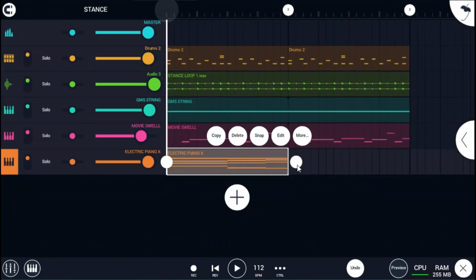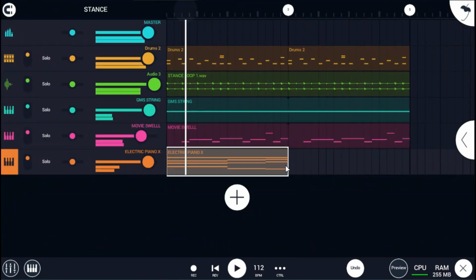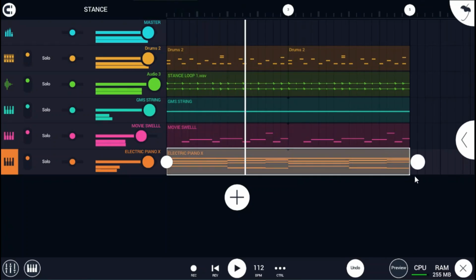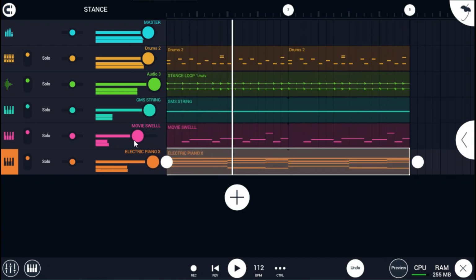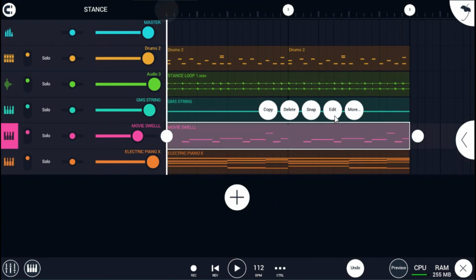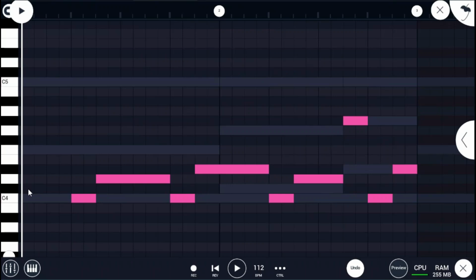I'm gonna click my X piano chord, which sounds like this. Sounds really smooth, guys, and nice. This is insane. I'm gonna lower my movie swell volume. Okay, let me go back into my movie swell, and then